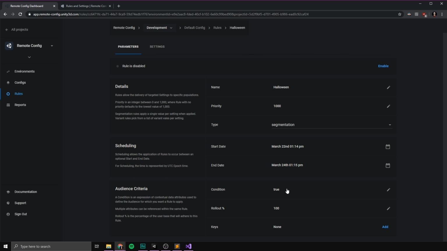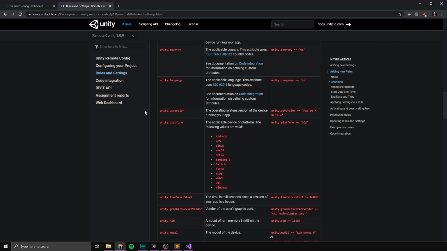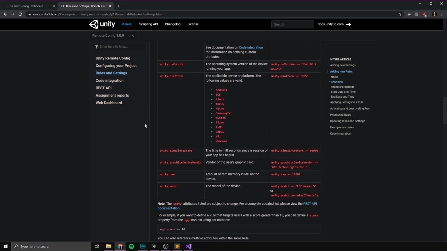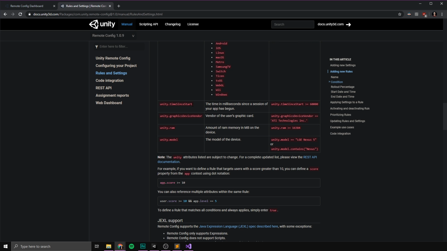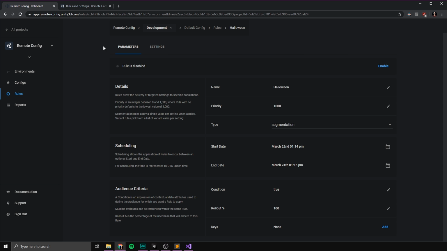What I just wrote there is called a JEXL expression, and we'll have a link to where you can learn more about the syntax if, for example, you want to apply multiple different conditions. Also, these are just the default ones we talked about earlier. Remember, you can add your own custom attributes and use these to create conditions as well. Again, we'll have links to where you can learn all of this stuff in the description.